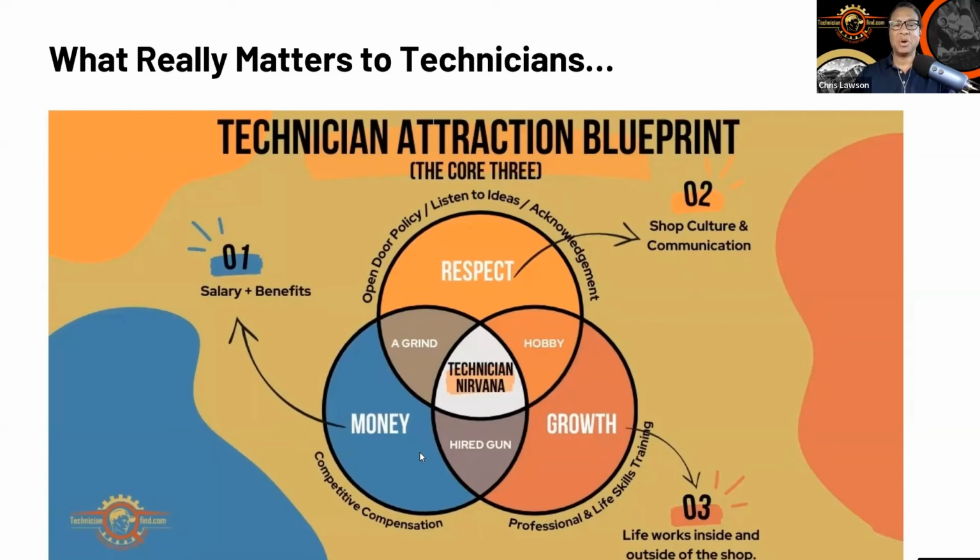And then money. And you notice that I put money last. Money is important because you have to be competitive. Your compensation, your salary and benefits have to be competitive, but it's not the main thing. And you can see if you've got respect and you've got growth, but you don't have money, it's basically a hobby. If you've got growth opportunities and you've got money, but you're not giving them respect, they feel like a hired gun. And if you offer money and you offer respect, but there's no growth and there's no opportunities and there's nothing new and exciting on the horizon, then it becomes a grind. So if you follow this